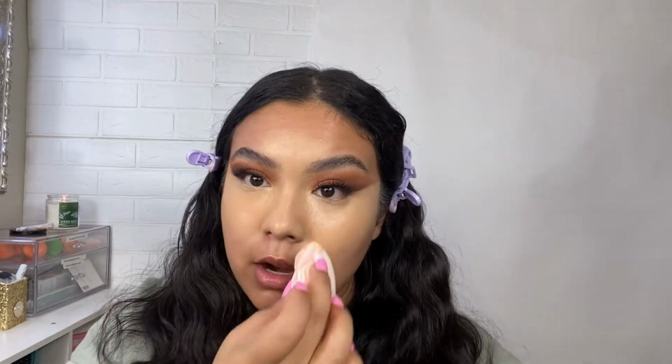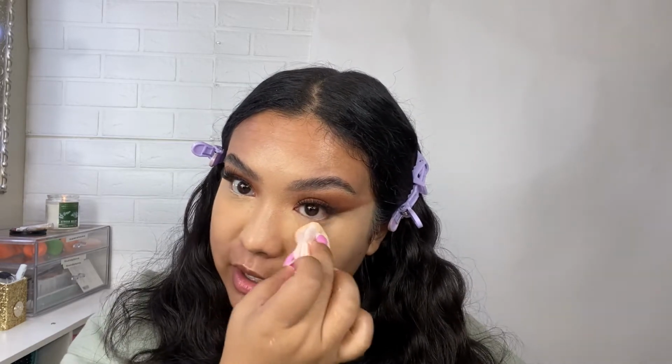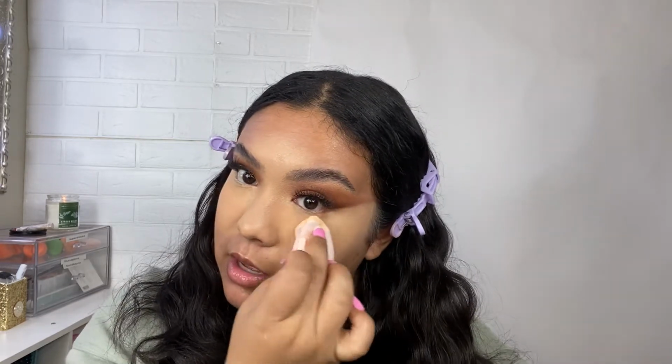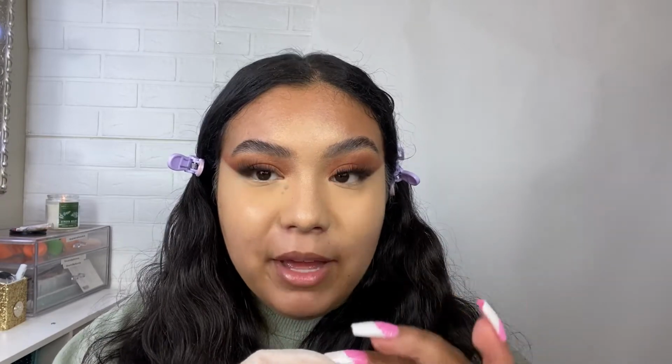I love a powder puff. A lot of people don't like them, but I personally do. I don't think there's anything better for setting your makeup than a powder puff, to be honest. The damp sponge is good and everything, but if you want your makeup to not crease at all, you need to be pressing that powder in. In my opinion and experience, I just like the way the cloth picks up the powder. You can't even see it with the naked eye, if I'm being honest, but there are little fibers on here that grab every single speck of powder